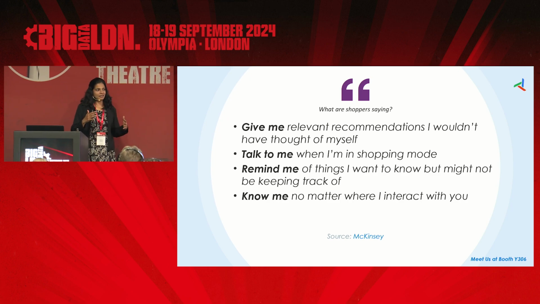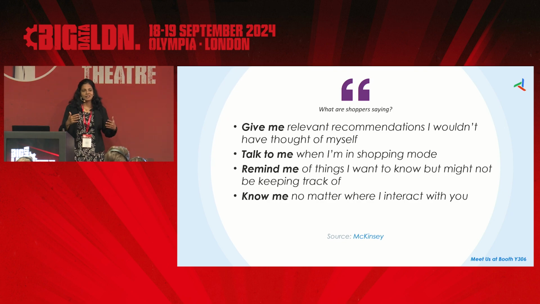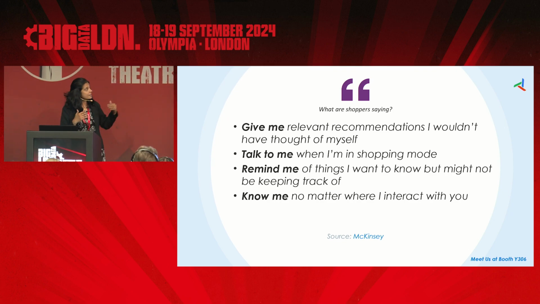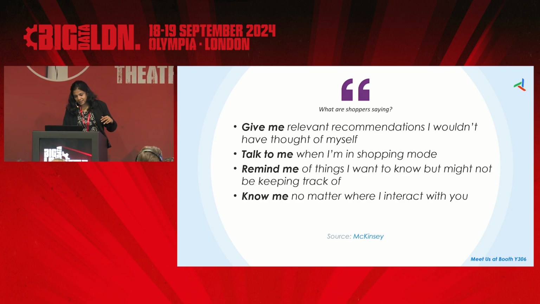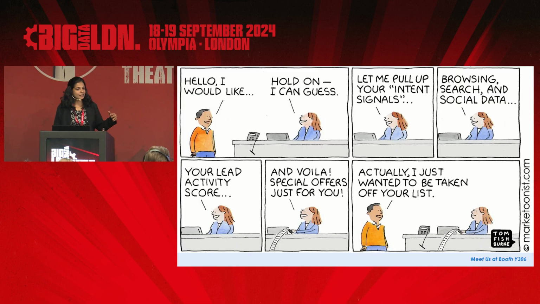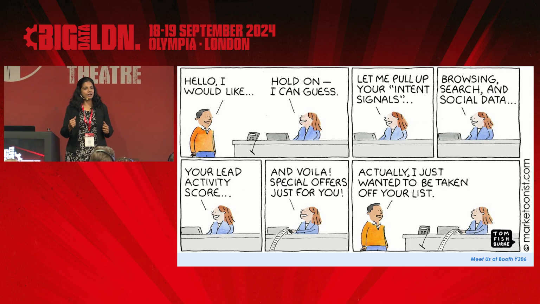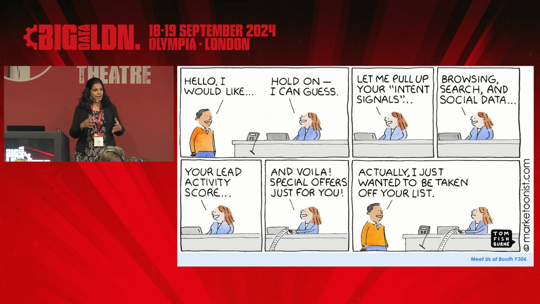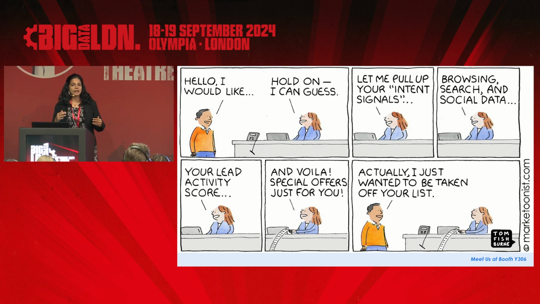So why do they want all of these? Because they know it's possible. They use the likes of Starbucks, they use the likes of Amazon. So they really know all of this is possible, and they start to expect this from every brand that they interact with. So that's really the expectation today. So what are brands doing? Brands are really scrambling. They're trying to get all sorts of data from all the places that they can, trying to marry them, look for intent signals, do everything they can to be able to do this. But it's all about the right timing. Marketing is all about getting the right messages to the right people in the right way to make sure that you're successful.